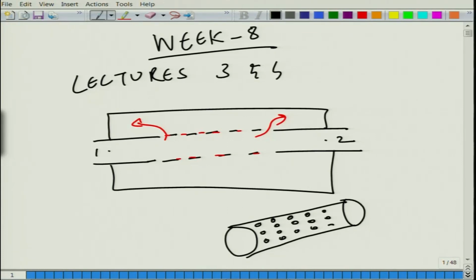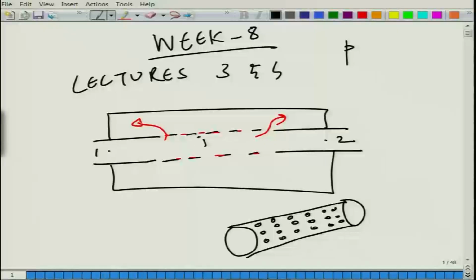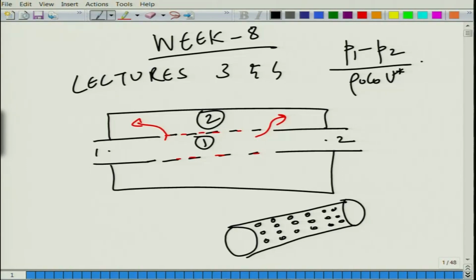Before we even attempt to solve this, we have to overcome an important hurdle, and that is the perforate impedance. If we call this region 1 and this region 2, this is P1 minus P2 divided by rho naught C naught u star, where u star is the radial velocity, which is zeta. This zeta has been the subject of several investigations for almost 40-50 years.